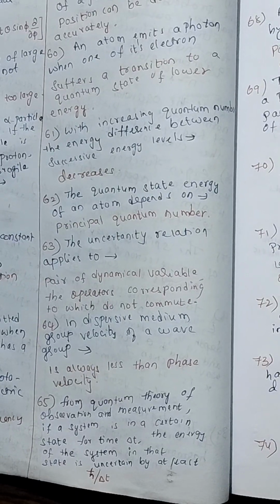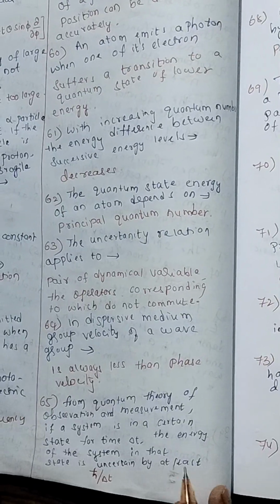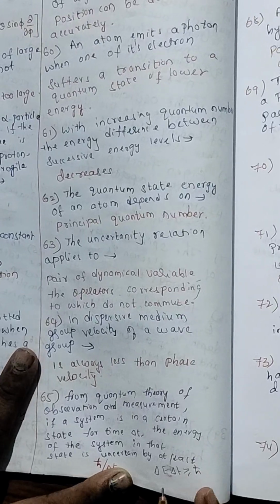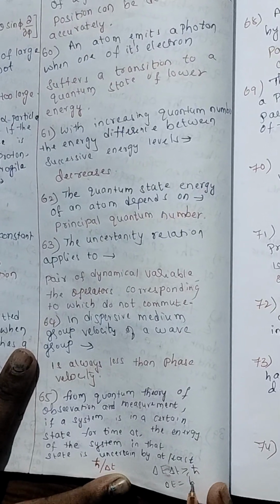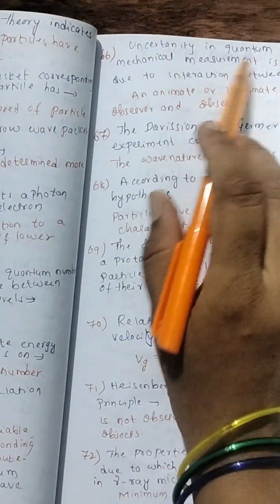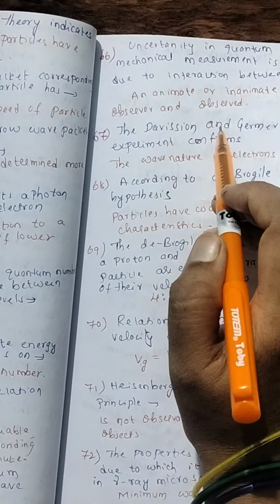Delta t greater than or equal to h cut, no. So, energy will be equal to h cut by delta t, that's it. Delta t greater than or equal to h cut. So, delta E is equal to h cut by delta t. That only we wrote using the Heisenberg uncertainty principle. Right? Now, next, uncertainty in quantum mechanical measurement is due to interaction between